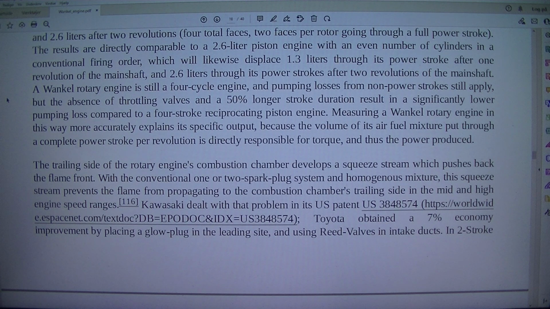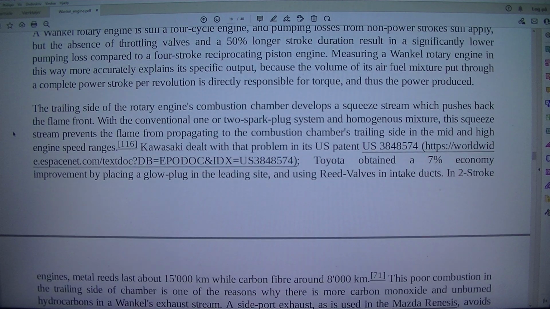A Wankel rotary engine is still a 4-cycle engine, and pumping losses from non-power strokes still apply, but the absence of throttling valves and a 50% longer stroke duration result in a significantly lower pumping loss compared to a 4-stroke reciprocating piston engine. Measuring a Wankel rotary engine in this way more accurately explains its specific output, because the volume of its air-fuel mixture put through a complete power stroke per revolution is directly responsible for torque, and thus the